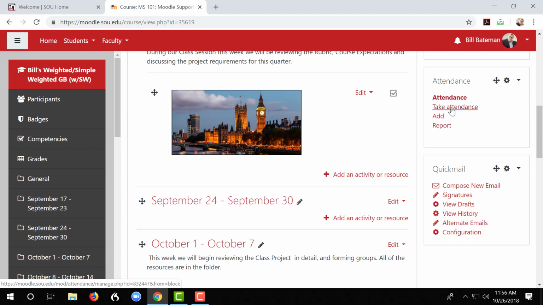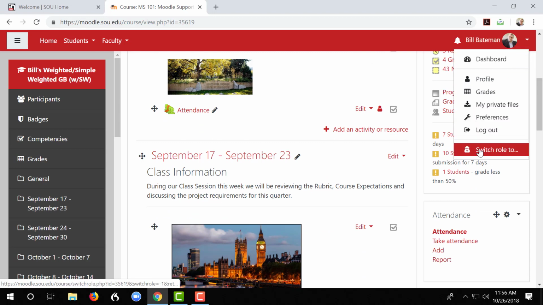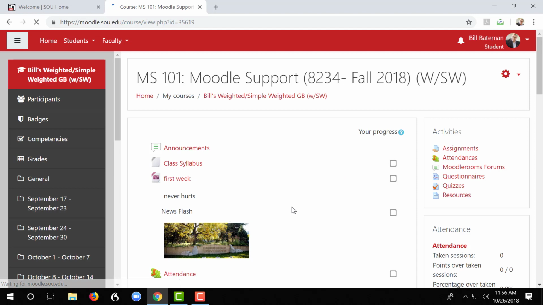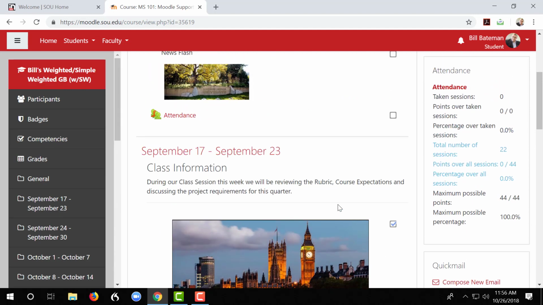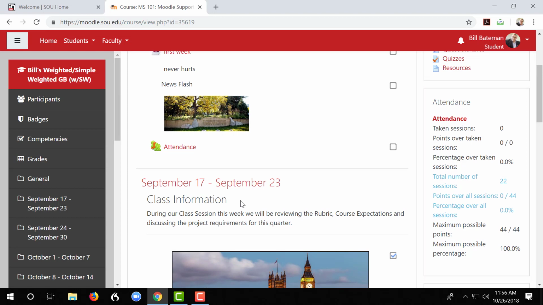This is also a great value to the students. I'm going to come to the top of the page and show us what it looks like in a student view. Here we go. The block shows them the total points earned, classes missed, and so on. This can be a real time saver when those questions start rolling in about midterm.